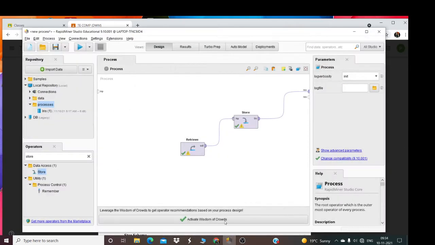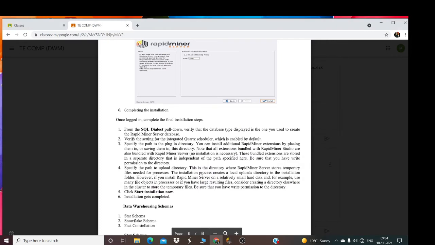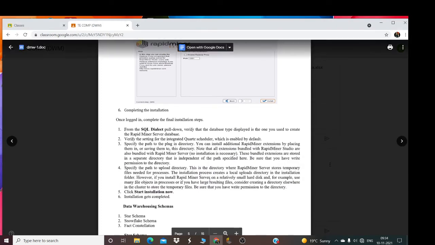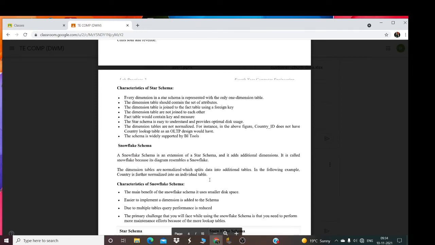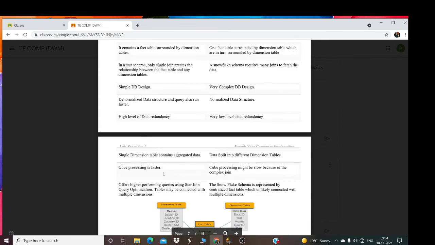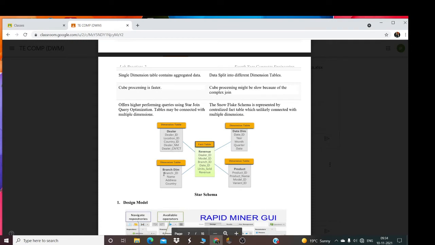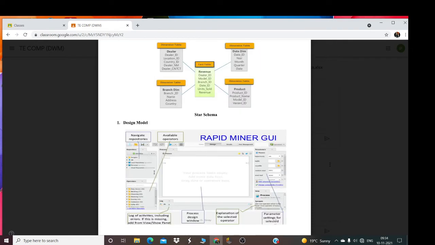So here I have downloaded it. To go for a new process, you will have new processes here. Then, if you have data, go to the design model.